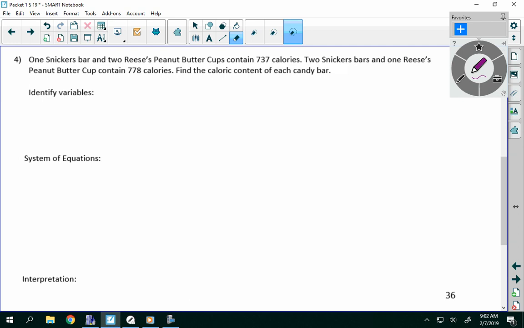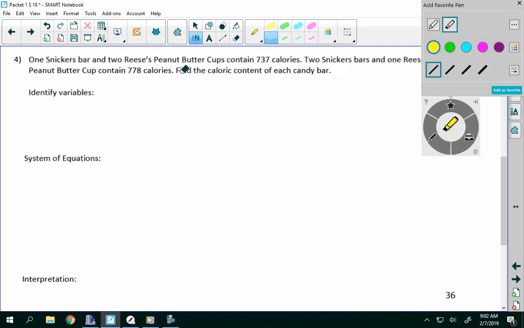So lesson 4 says 1 Snickers bar and 2 Reese's peanut butter cups contain 737 calories. 2 Snickers bars and 1 Reese's peanut butter cup contain 778 calories. Find the caloric content of each candy bar. So that's where I will tend to focus my